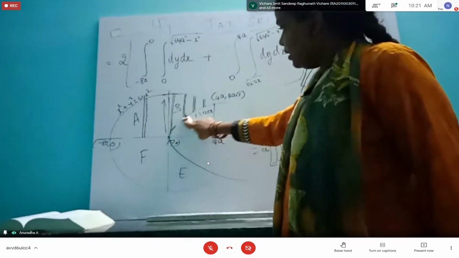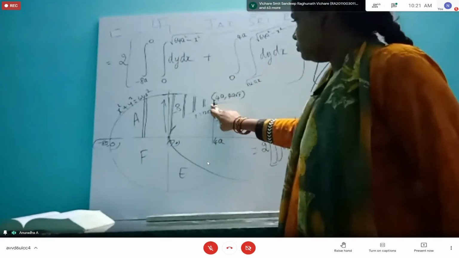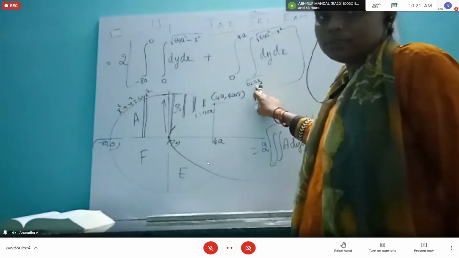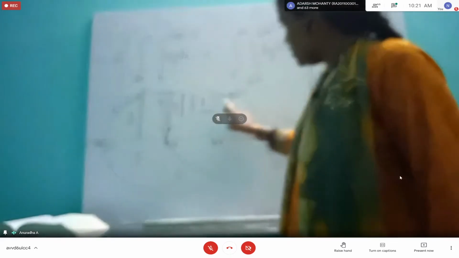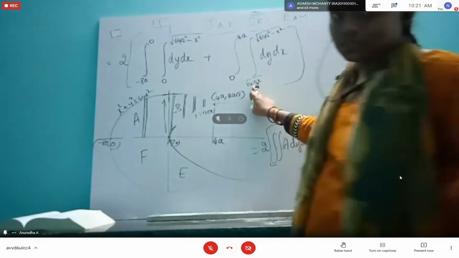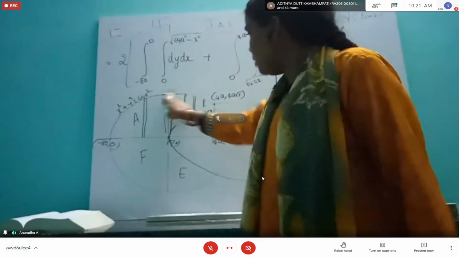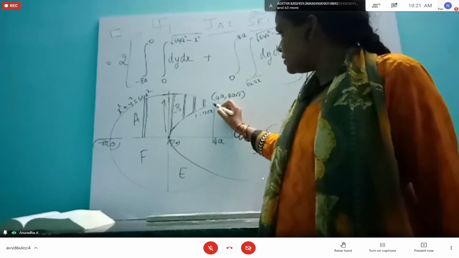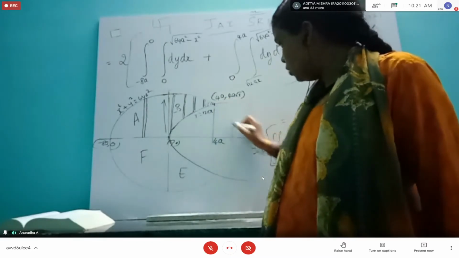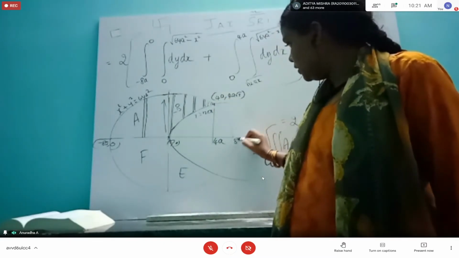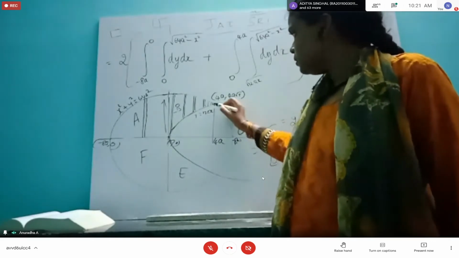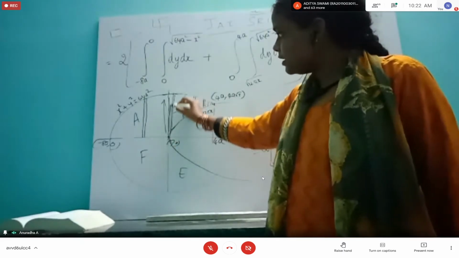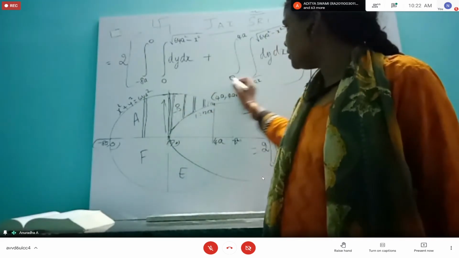What is the lower limit? It is from the parabola curve. So what is this parabola curve? Y square equal to 12ax. So root of 12ax will come as the lower limit because it is in the positive first quadrant; plus root 12ax will become negative in our term. For the upper limit, this B region is ending here. It's not going till this point, so we don't go till 8a. B region ends somewhere here itself. So starting point we know, B is starting here only, so 0, obviously at the origin.